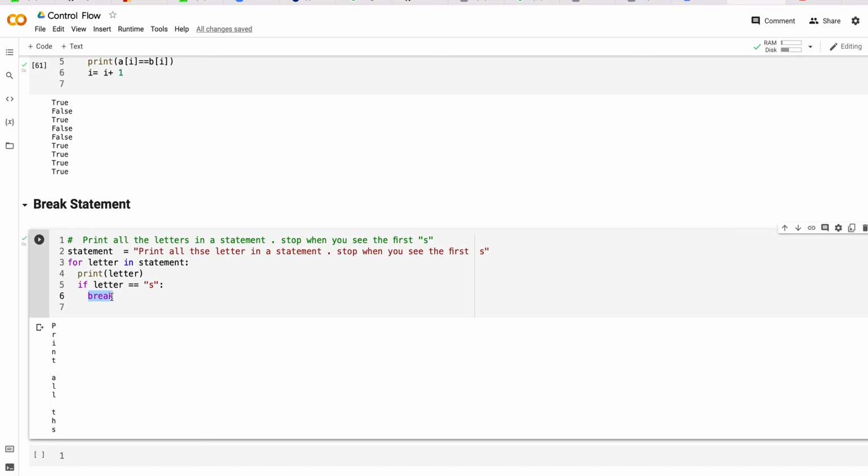So that's all I have for the control flow. Hopefully this is helpful, and I'm going to post